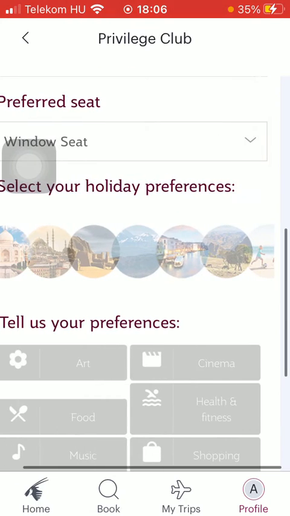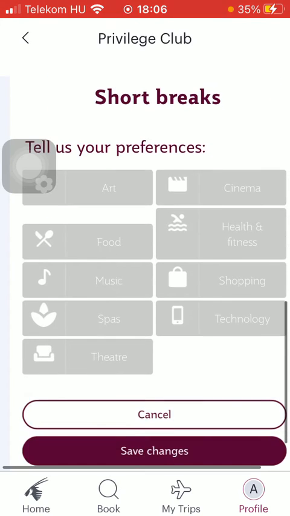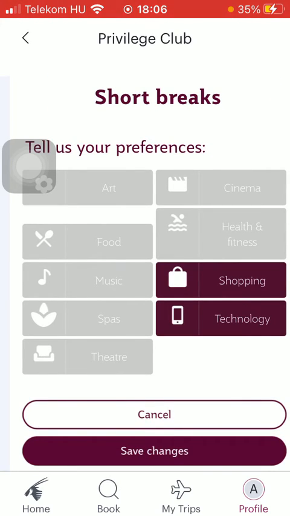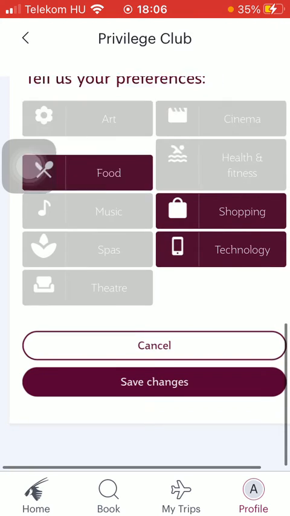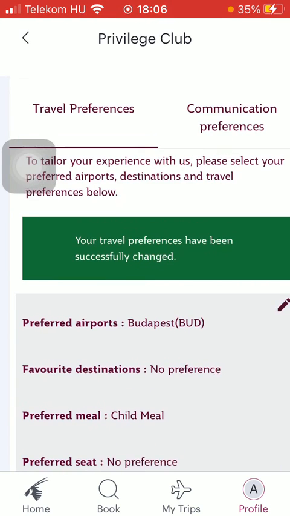Then you can also set your holiday preferences, and here you can tell your other preferences such as shopping, cinema, food, music and so on, and then click on the save changes button down below to upload this section, and every information will be